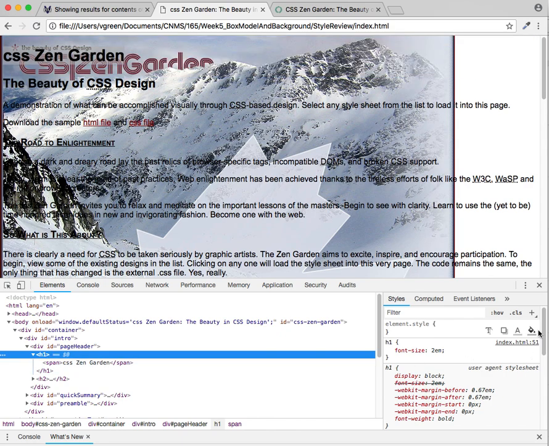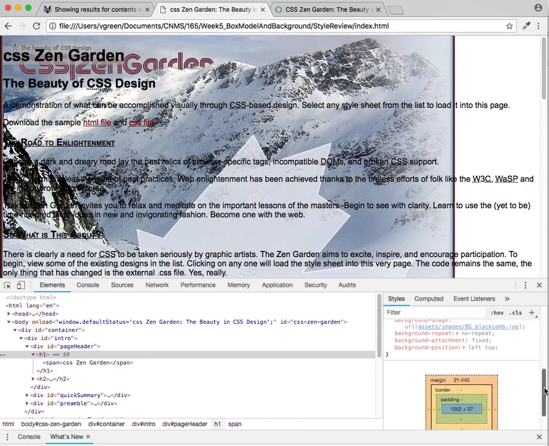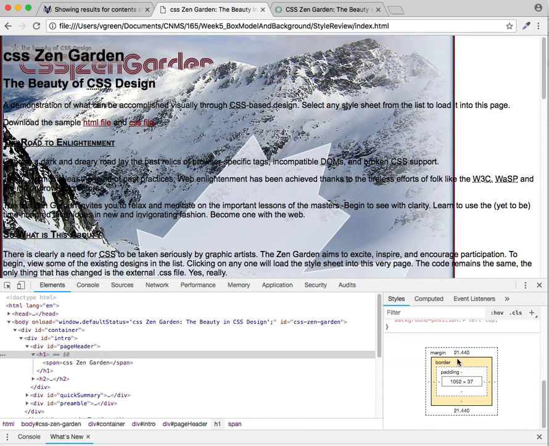If I scroll down on the right hand side here, it will show me a picture of the box model where it shows me what the margins are. So it says I have 21.44 pixels of margin on the top and bottom, and then there's no border, and it's got some default amount of padding that's not set. Actually, it's probably 0. And then inside here are the dimensions of the actual H1 element itself. So we can affect these numbers. We can do this by editing here,